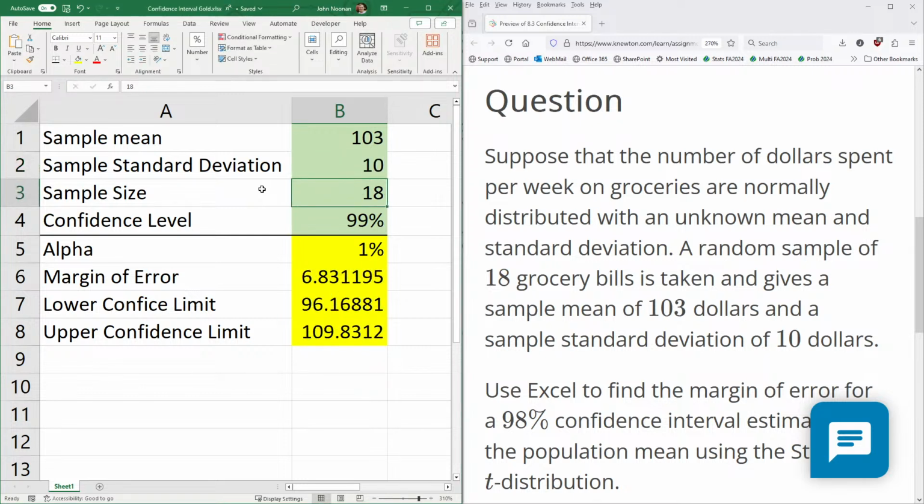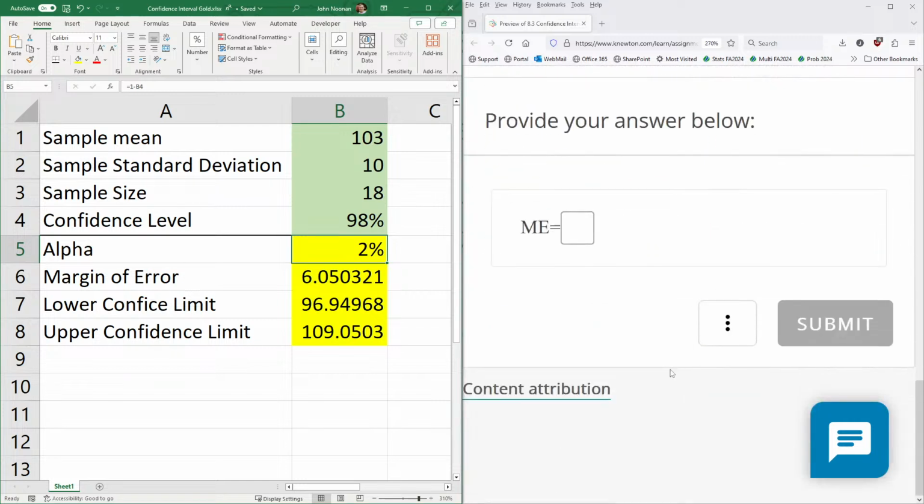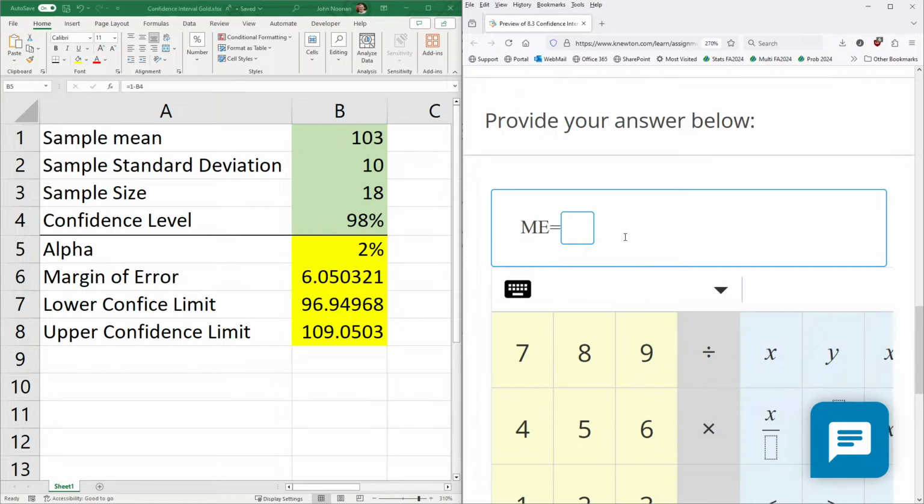You just have to sort out what the numbers mean and plug them into your confidence interval gold. That's why I call this the gold. And then it says it wants to find the margin of error for a 98% confidence interval. So we go down here, change this to 98%. And then, like magic, you have the margin of error perfectly done, and you can type it in. So that's all you got to do. Margin of error is that number there, 6.05